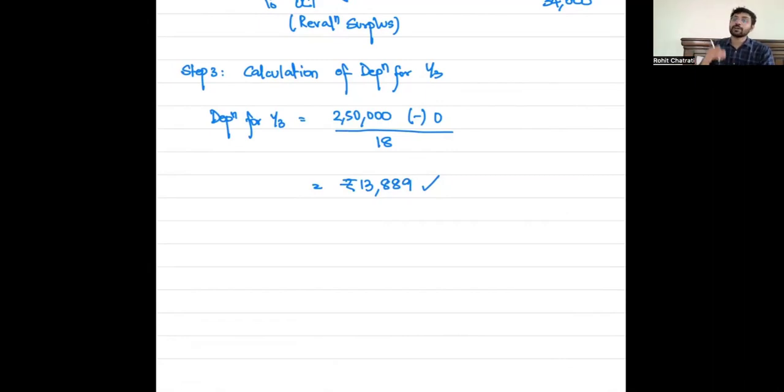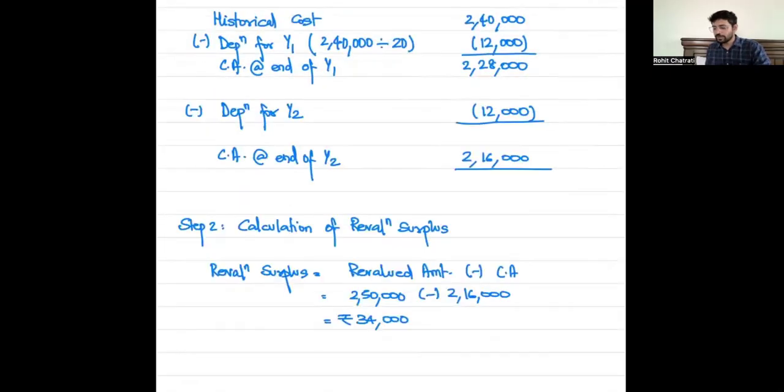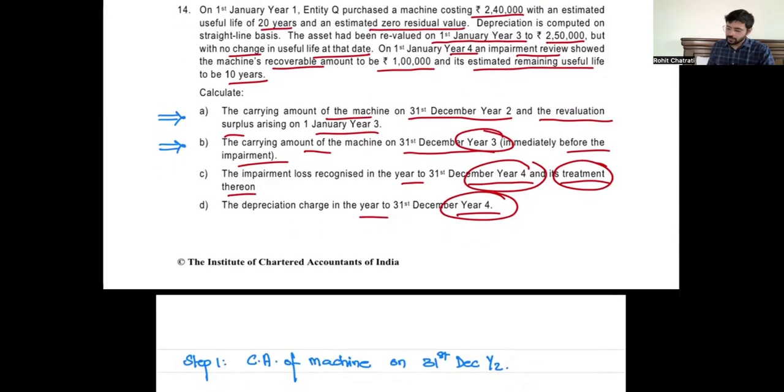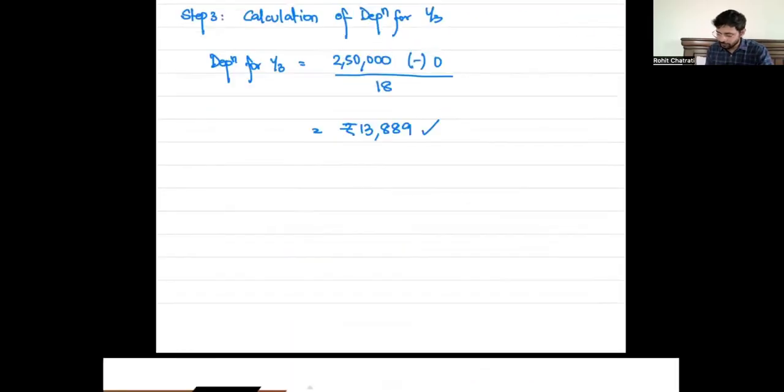In this case, we have actually done revised depreciation because there is a revaluation. 2,16,000 became 2,50,000, so I can no longer use the old depreciation. I've calculated the revised depreciation as the revised carrying amount after revaluation less salvage value, the whole divided by remaining useful life. All right, so the carrying amount of the machine at the end of year 3 will be,